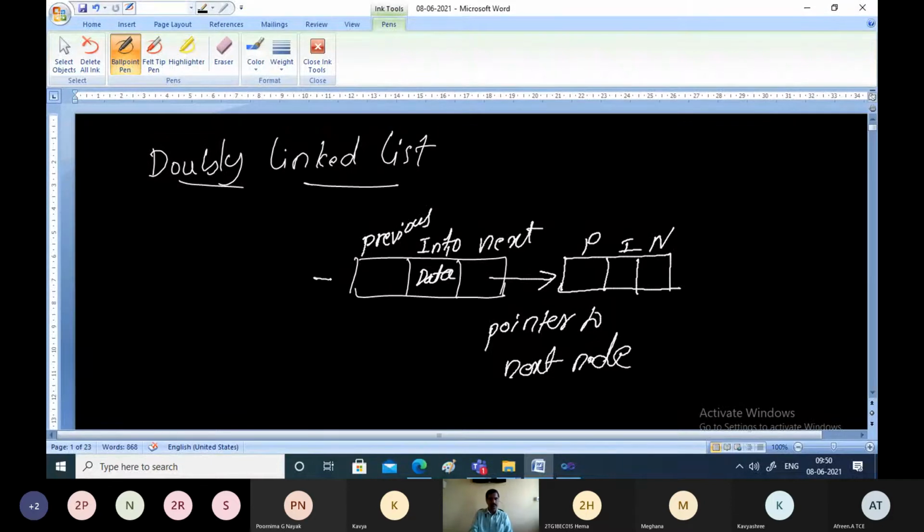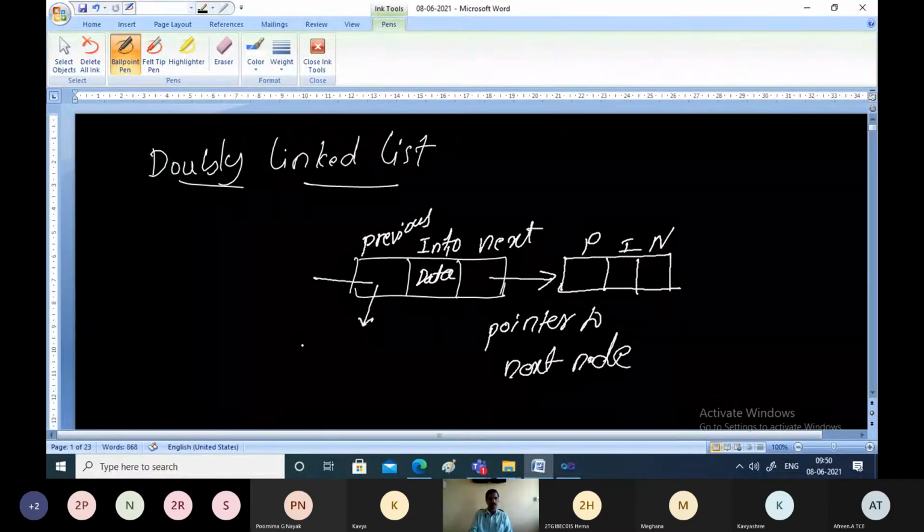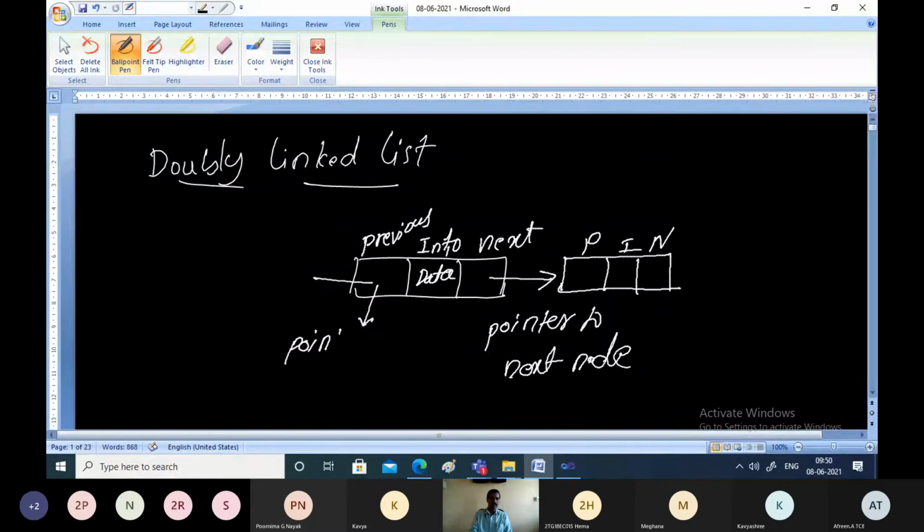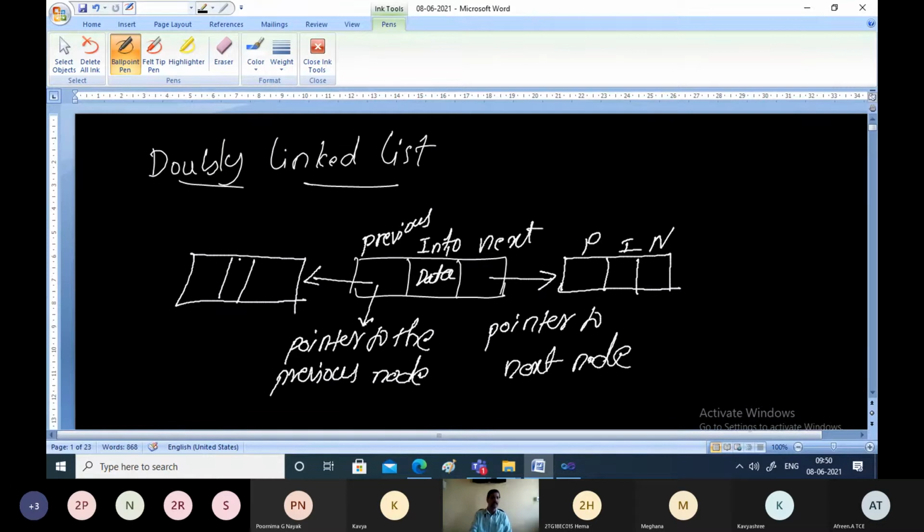Similarly, this is nothing but a pointer to the previous node. And here on the left side we will have the previous node of the linked list with the fields information field, previous field, and the next field.